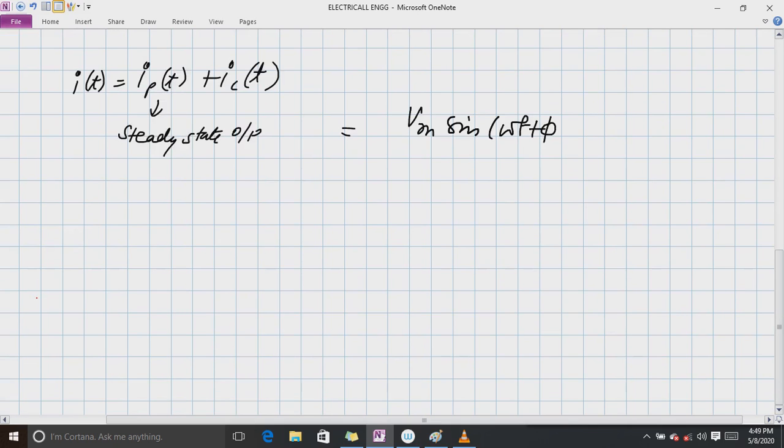If phi is there, in our case we are taking the standard form only, so we put phi equal to 0. Vm sin(omega t plus phi), and below it will be the value of Z only. And one more thing, the angle of Z, that is minus theta. This is the phase difference introduced in the current. So if I ask you to find the current with no switching, only a closed circuit, you will tell me this will be the current. I think there is no doubt in that.